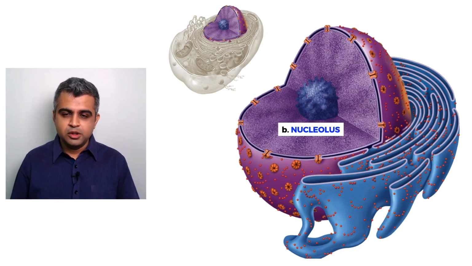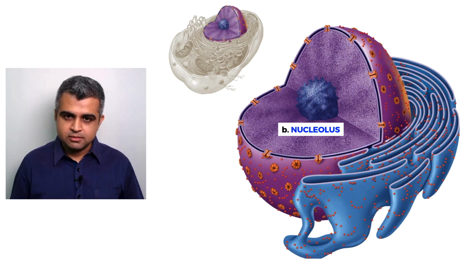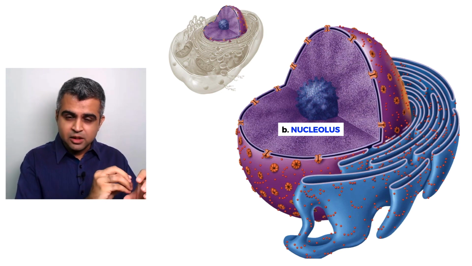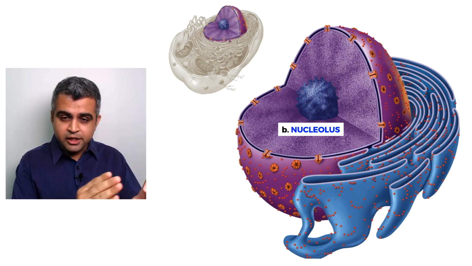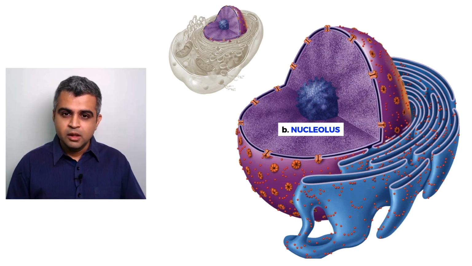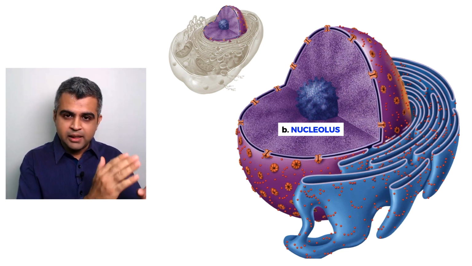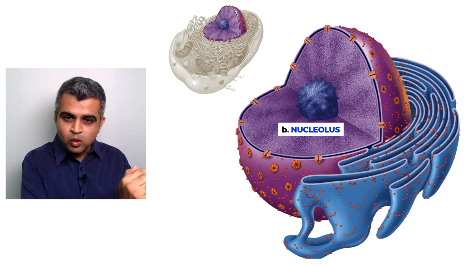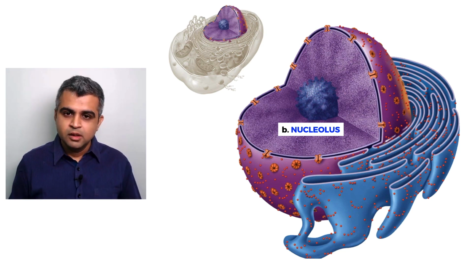So what do you need to know about the nucleolus? For today's discussion, you just need to know that inside the nucleus there is a dense area called the nucleolus. It does not have a boundary, which means that whatever is there in the nucleolus is continuous with the nucleoplasm. Meaning you cannot figure out where the nucleolus ended and where the nucleoplasm started. So it appears to be continuous, but it is darker than the surrounding nucleoplasm.